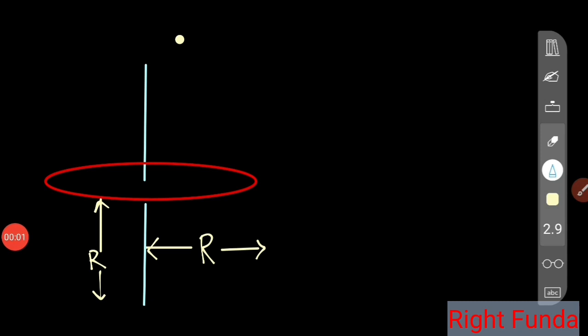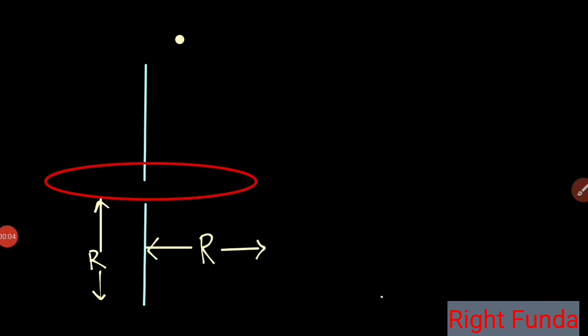Here is our ring, and its radius is R, and charge is Q. And this is our rod, and the rod is negatively charged, with charge minus q. So we have solved this type of problem, SHM in electrostatics, when a particle executes SHM along the axis of the ring. But right now in this problem, this is a rod executing SHM. So let's see how to do it. Do we need to integrate or something? We have to see.